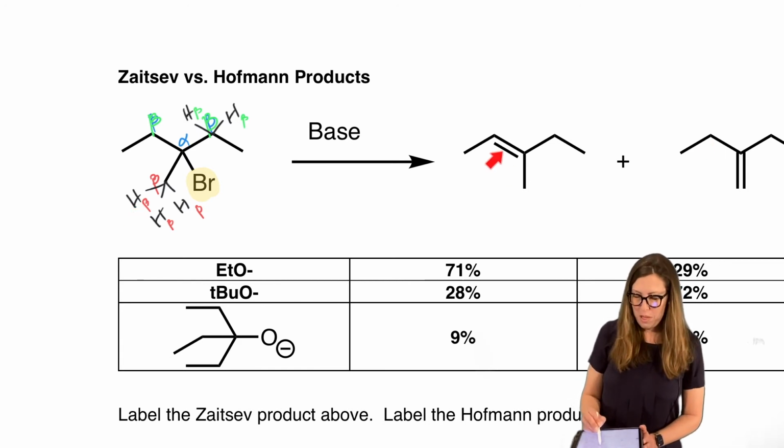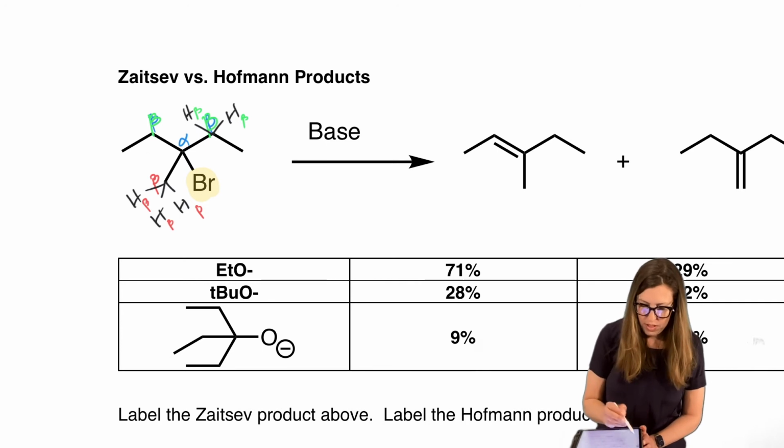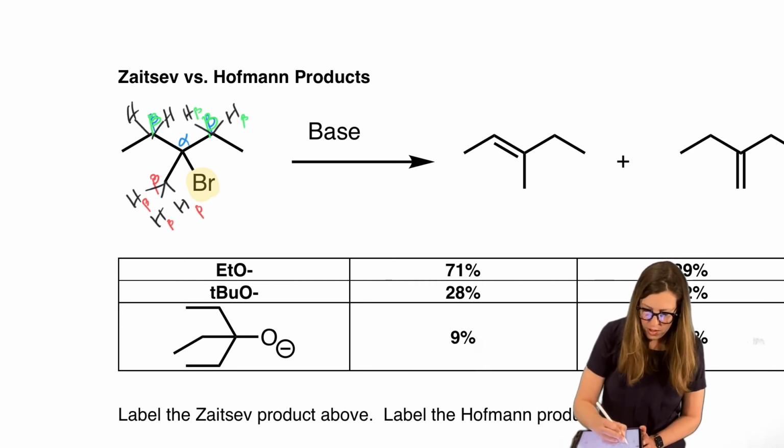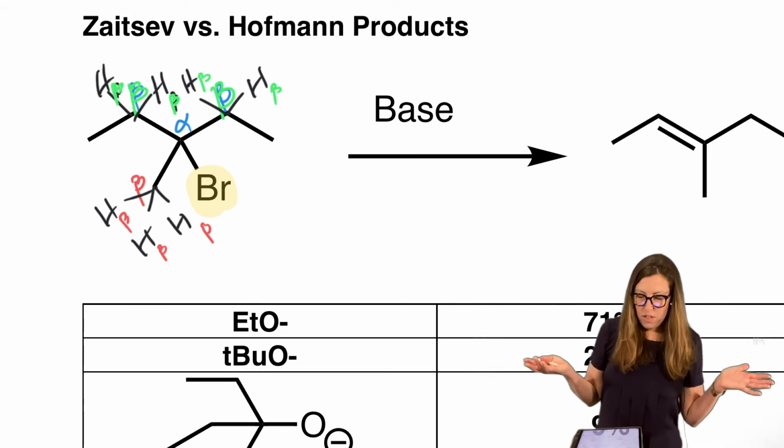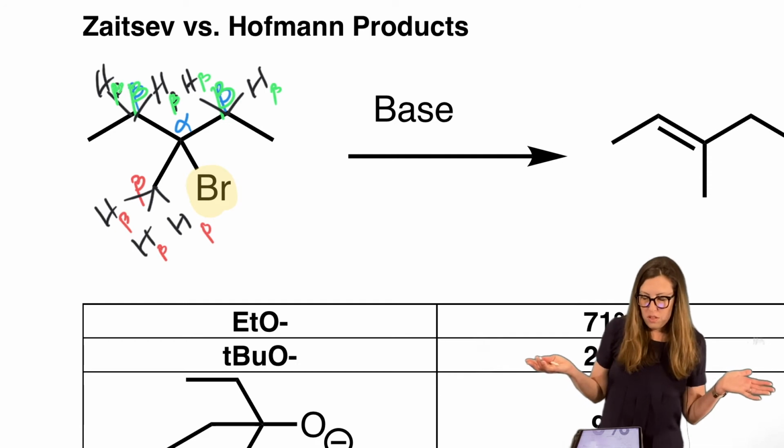Let's see if we can match them up. So we could get a pi bond here. Well, just for simplicity, that means we didn't take that one. We took the other one that's equivalent. Let's draw on that one as well, just so we don't confuse ourselves later, beta. Okay, so the green betas are equivalent. We have a choice of 4 of them, and they would give us the same result. Let's draw the green path with green arrows.